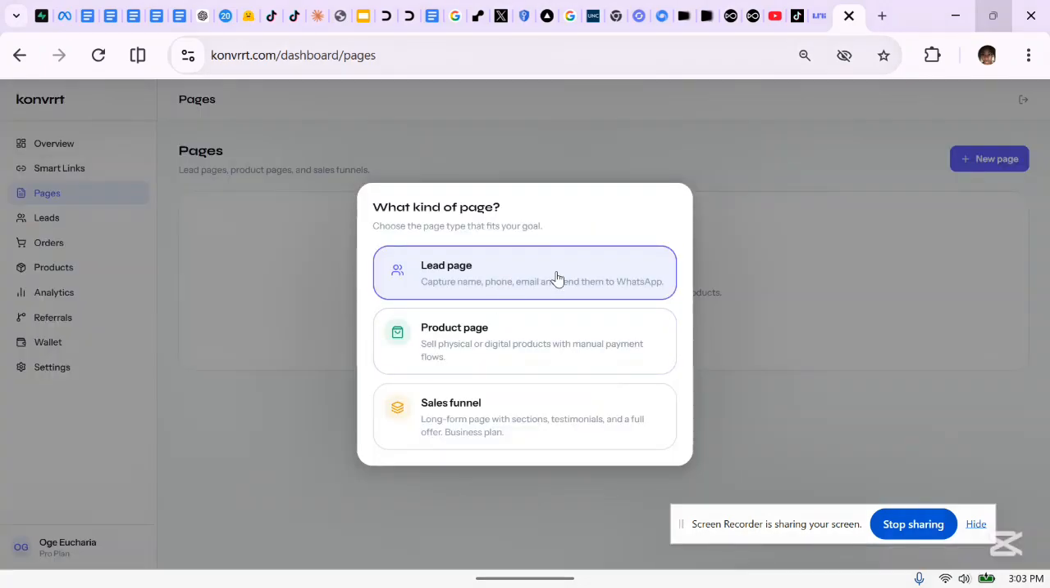Now we have the lead page, the product page, and the sales funnel. The lead page, you use it to collect leads like phone number, email, whatever you want the people to put. The product page, if you are selling something and you want them to buy directly from this place, you don't have a website, if you're selling wigs for example, you put your wig, put the price, right? If you want them to pay here, you put the price and they pay to this platform,